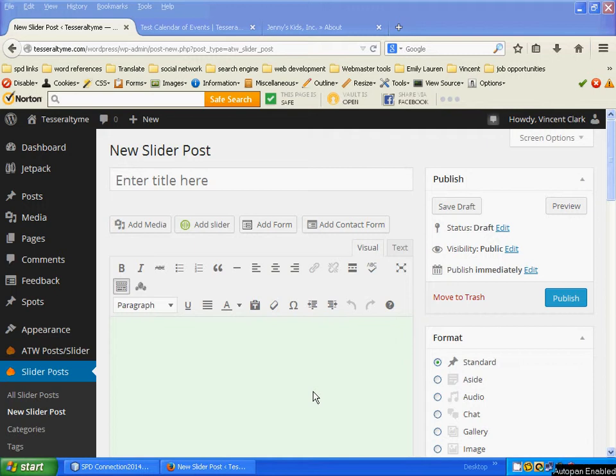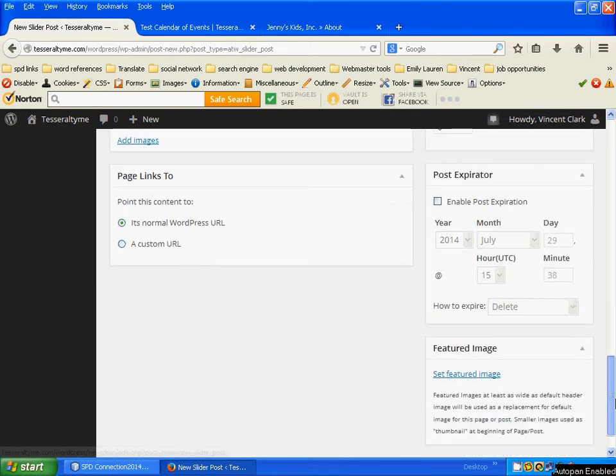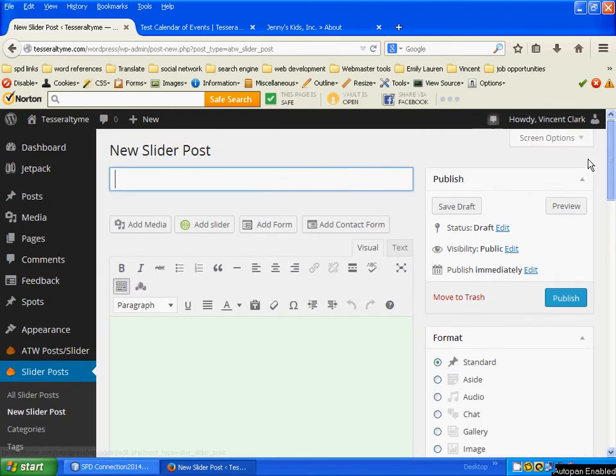Going to start from the user's perspective. And here I am in Slider Posts. I'm going to create a new event for the calendar of events page. And there's only two things that are necessary. You fill in the title, new event